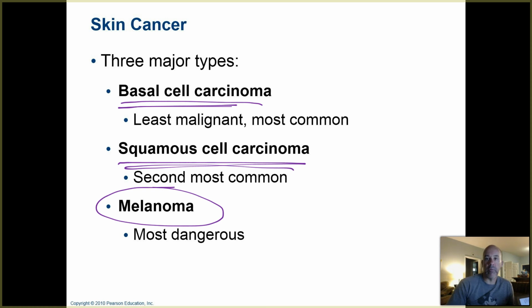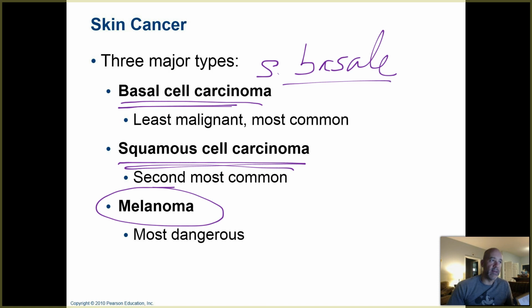So these are actually named for the cells they arise from, so the name should sound familiar to you. For example, a basal cell carcinoma, what does that remind you of? Hopefully that's reminding you of the stratum basale. And indeed, when you have a cell down in the stratum basale of the epidermis and it starts dividing in an out of control manner and becomes cancerous and takes on the ability to spread, it's called a basal cell carcinoma. Now this type of cancer tends to be the least malignant.